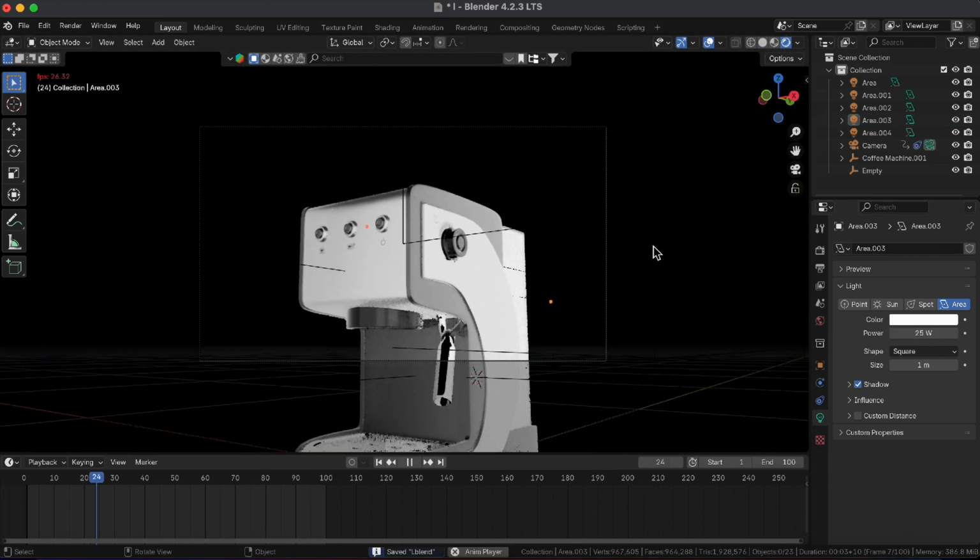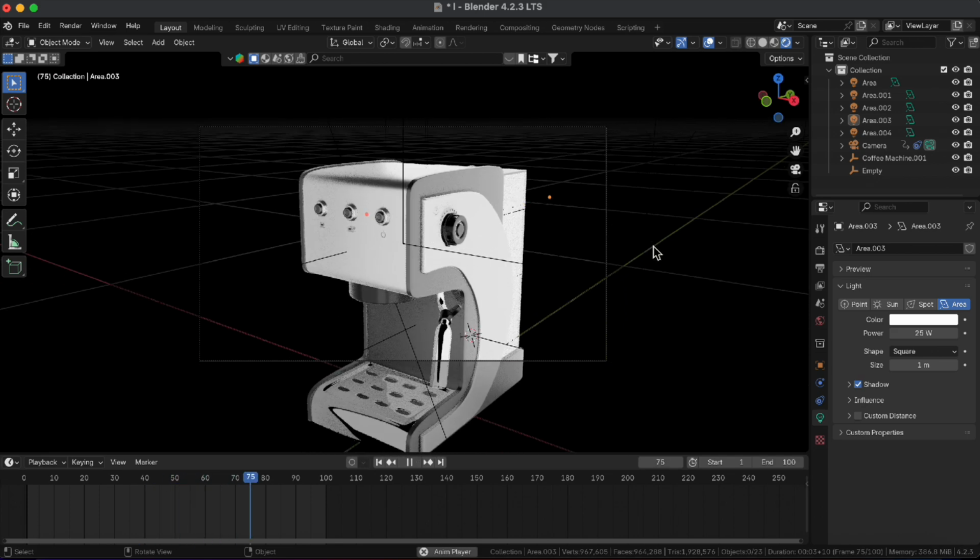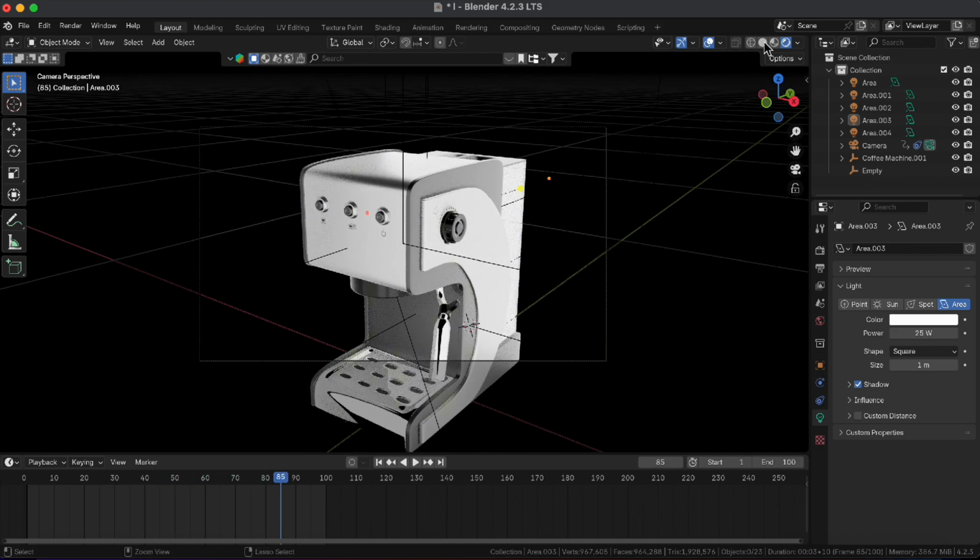Now you see, this looks fucking sexy. There is nothing like this better than what I've done. So